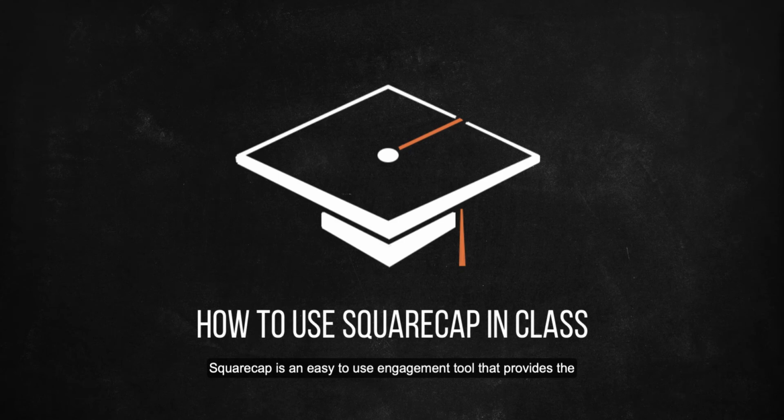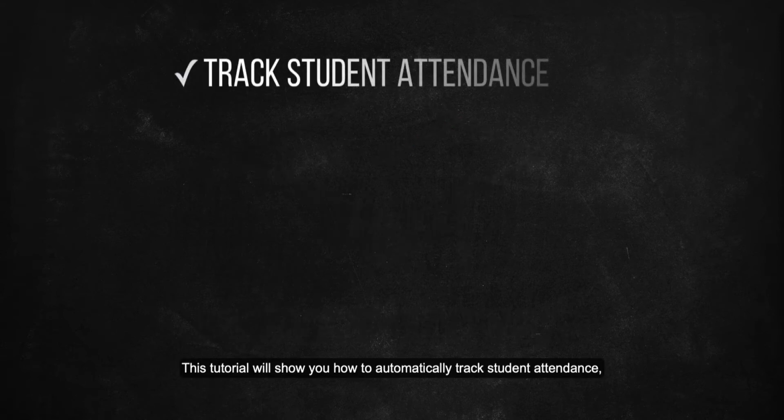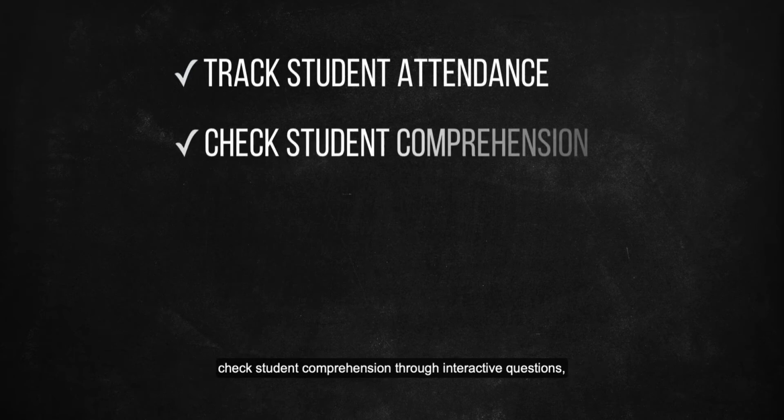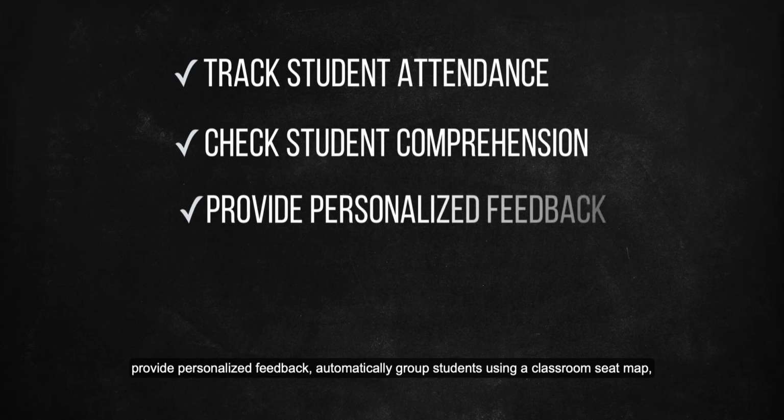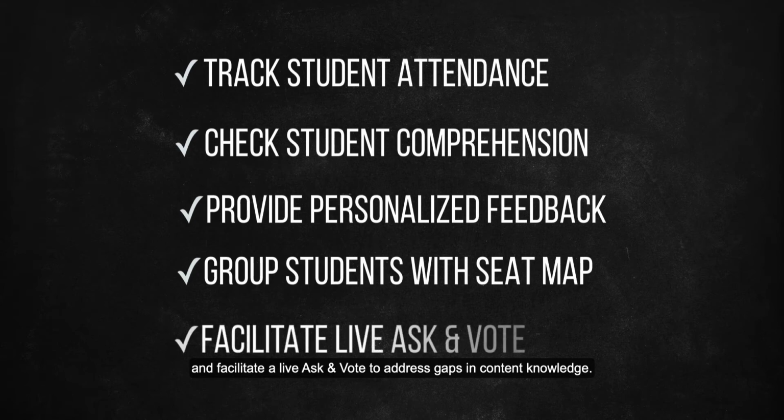Squarecap is an easy-to-use engagement tool that provides the in-class support that modern teachers are looking to implement. This tutorial will show you how to automatically track student attendance, check student comprehension through interactive questions, provide personalized feedback, automatically group students using a classroom seat map, and facilitate a live Ask and Vote to address gaps in content